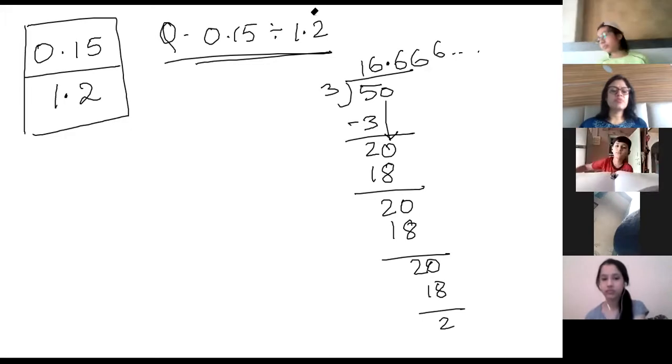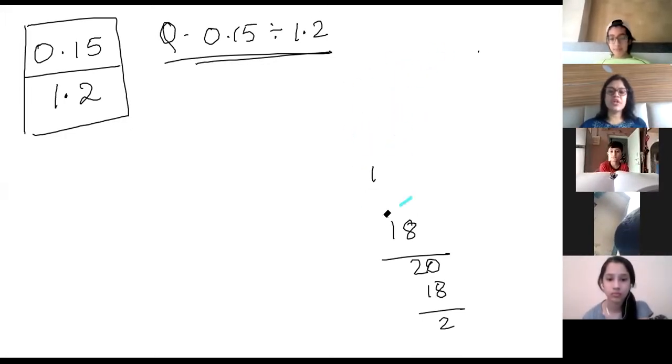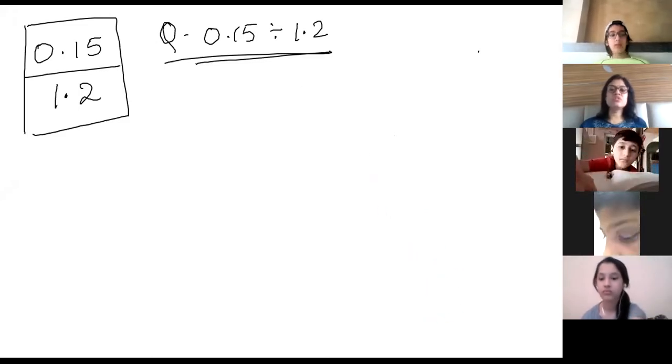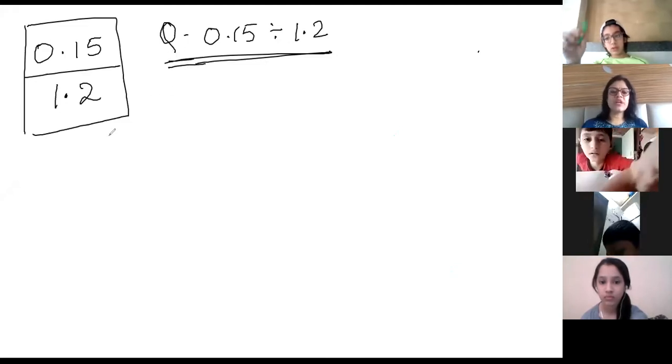Yes, ma'am. So first decimal you are putting instead of 0, and then next 0 will go on as it is. Ma'am, can you give me one question? Let us do this first, we'll understand and then we'll do questions.